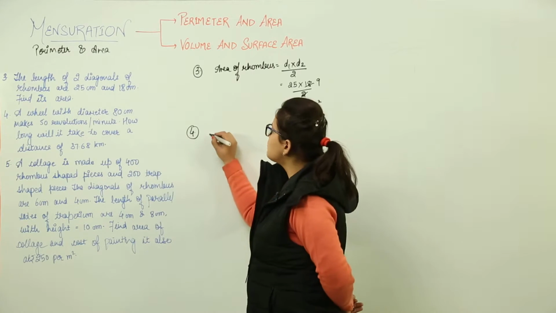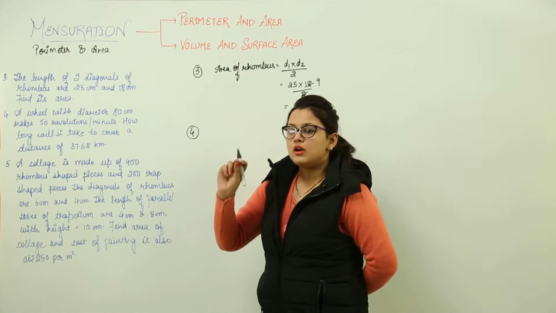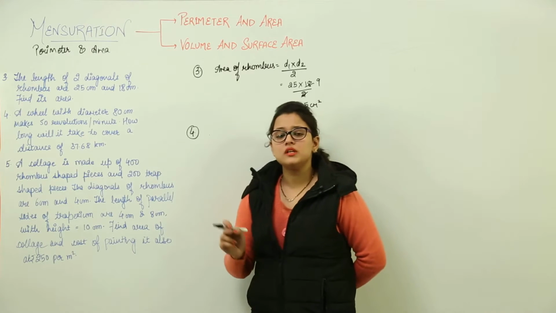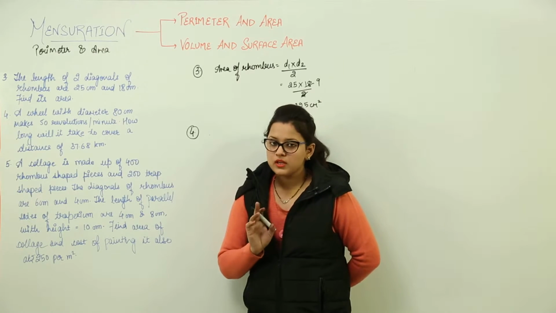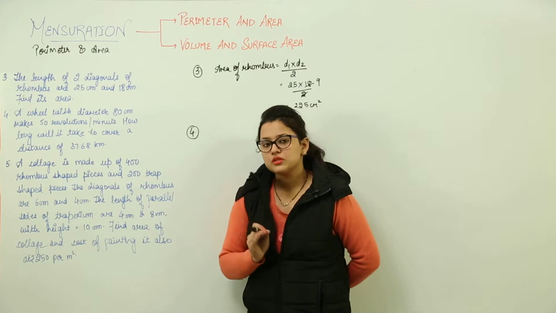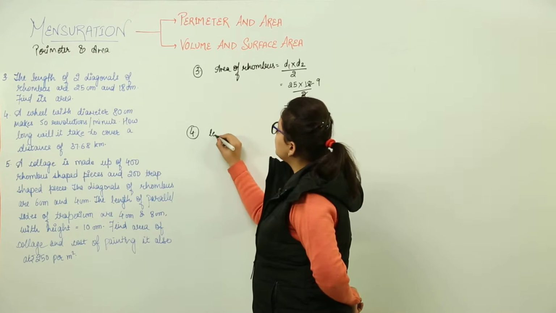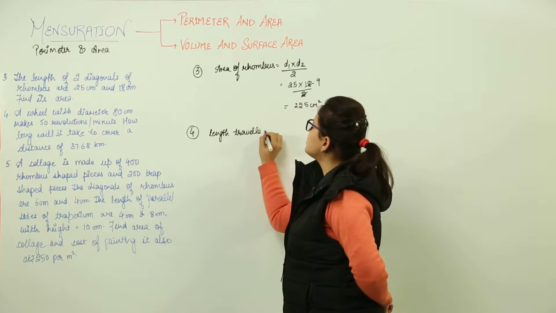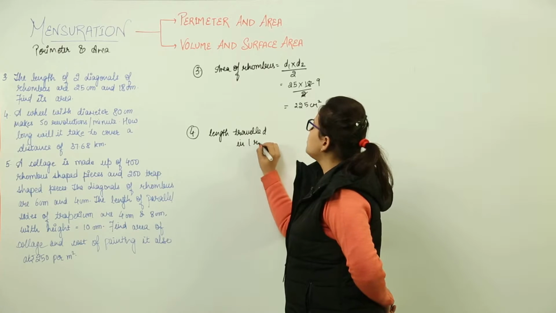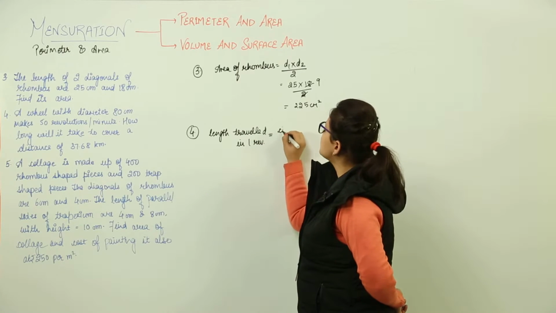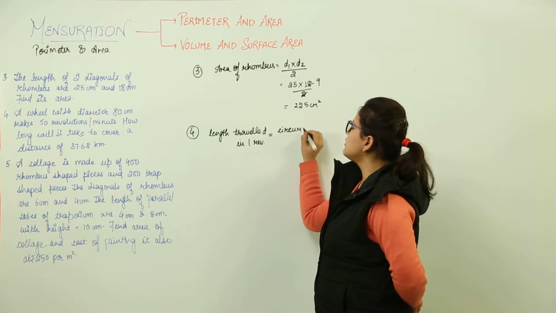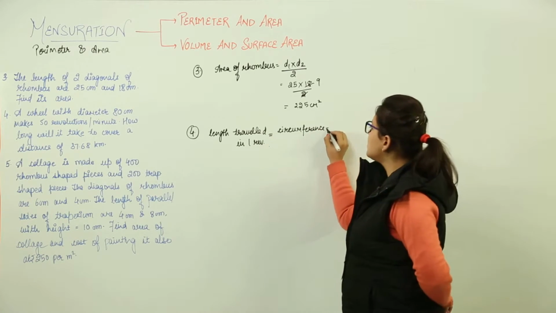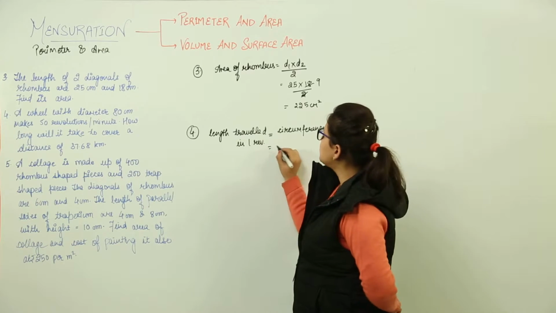So what we do is, first of all, we will calculate one revolution of the wheel. In one revolution, it makes one circumference only, right? So you can say that the length traveled in one revolution can be put equal to the circumference of the circular wheel. Is it going to be equal? Yes. So now this can be put equal to 2 pi r.